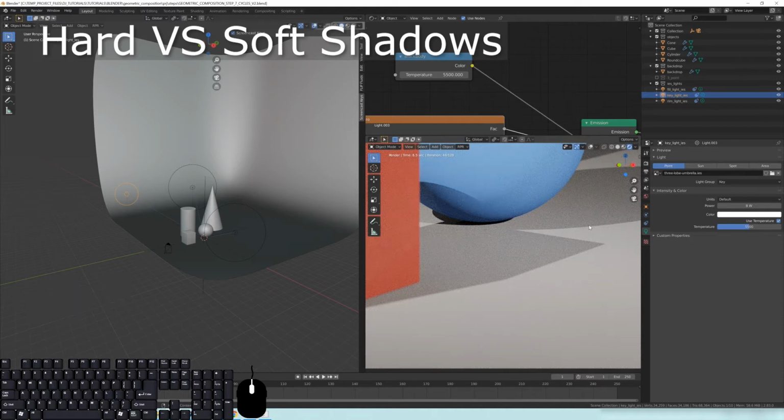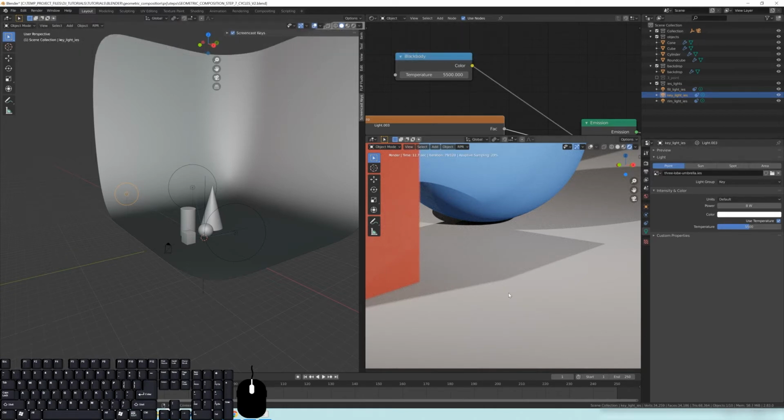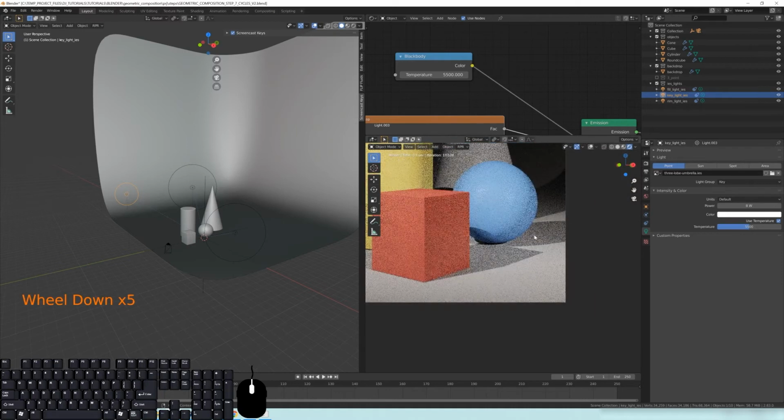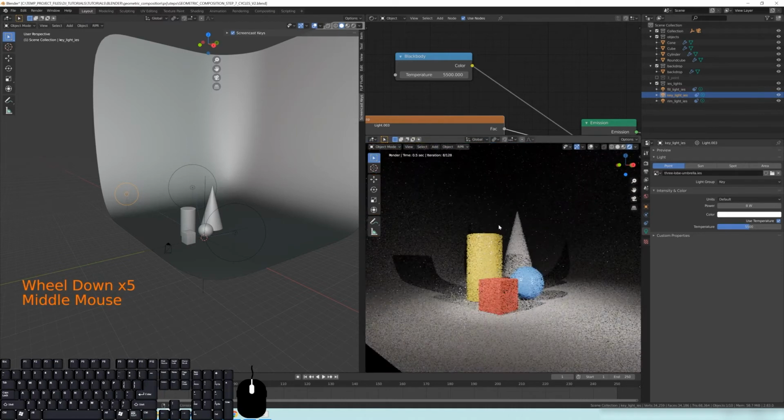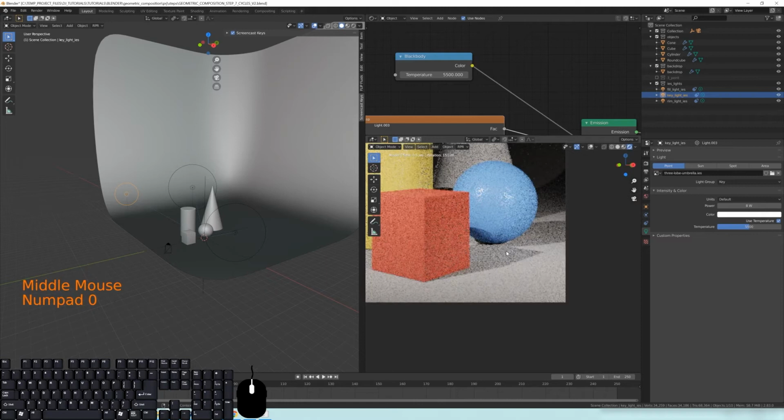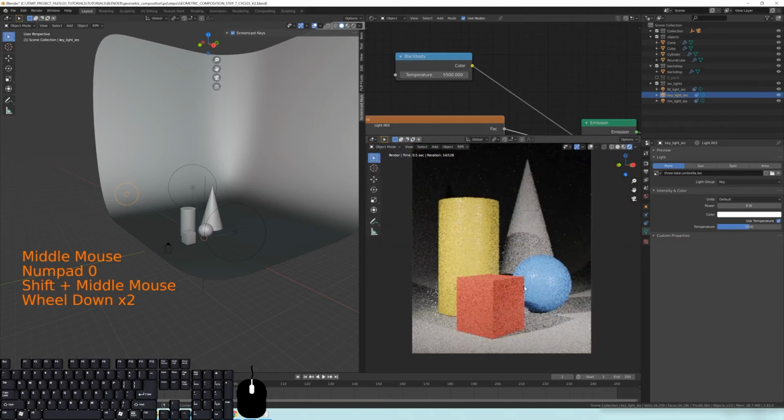And they're not soft like they were in Cycles. The reason why is that the point light and the spotlight in Radeon ProRender, at least for now, don't really support what's called soft shadows. So if that's a problem for you and you still want to use ProRender because it does end up speeding